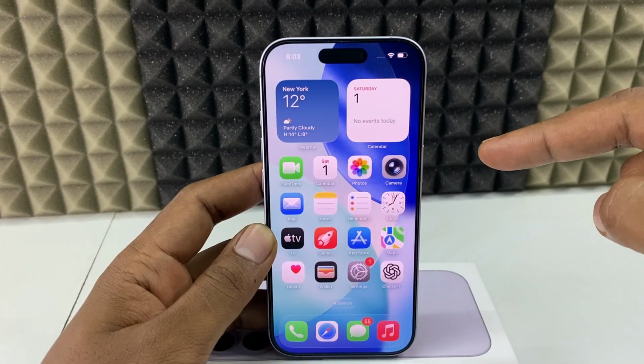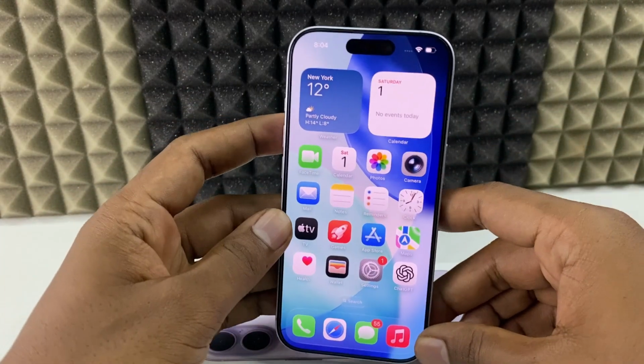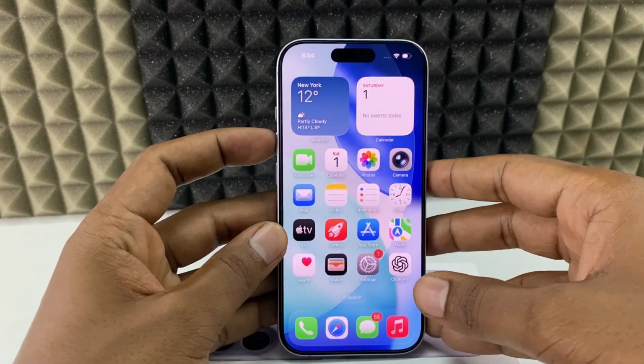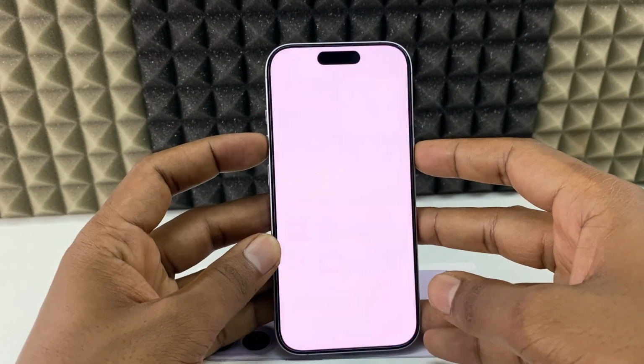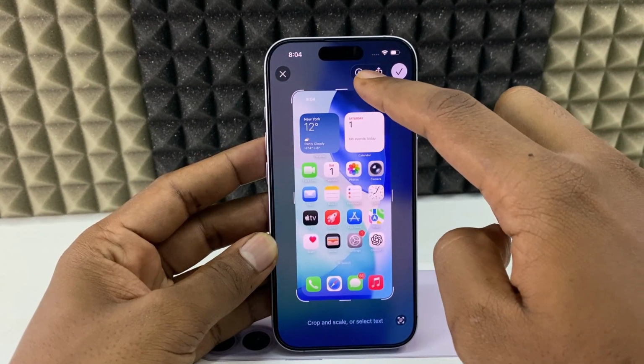If you want to add a magnifier on your iPhone 17 or 17 Pro Max screenshot, I'll show you how. Just press the volume and side button to take a screenshot, touch this, and click this pencil icon at